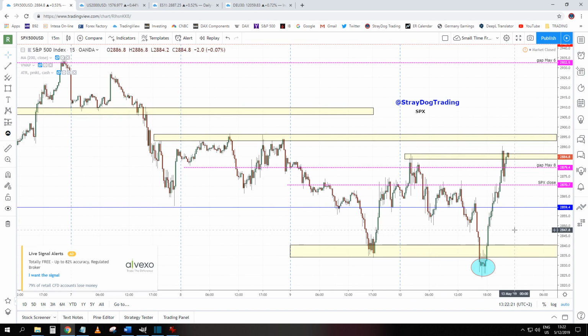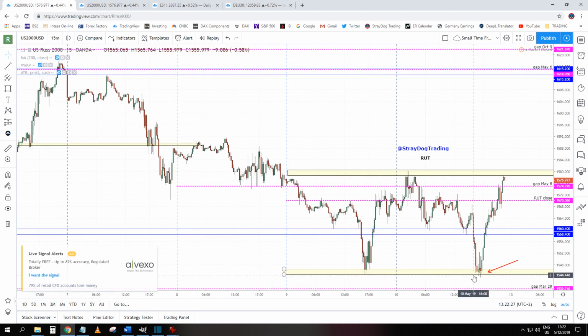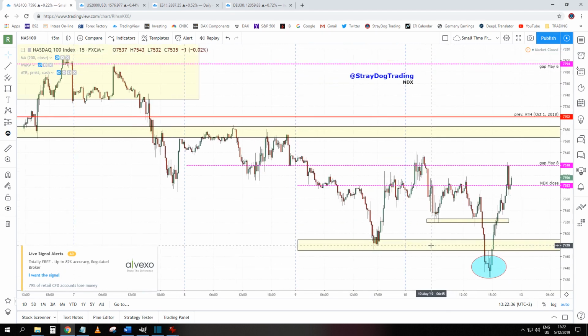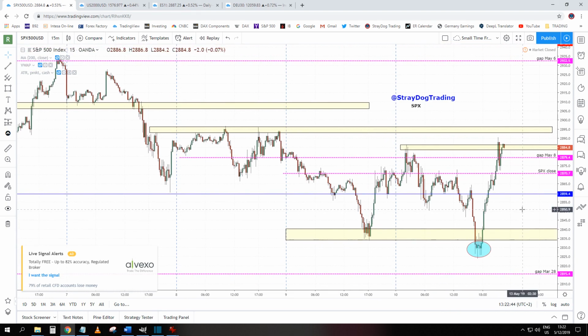And it looks the same on Nasdaq and on Russell. That spring was very small, just a point or two. So basically it was holding the lows from Thursday, and this was the signal that if you are holding short on Nasdaq or on the S&P below the Friday low, personally I had that trade, and when I saw that Russell is holding at the low, I closed it for a gain.